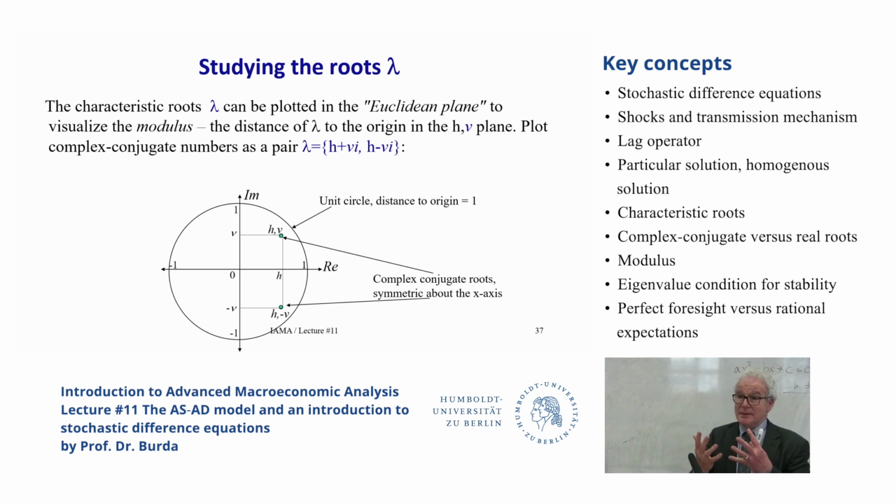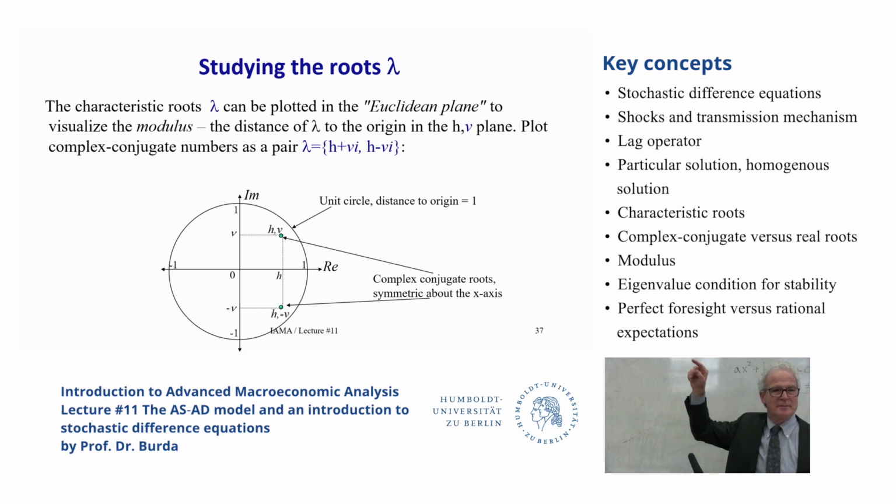Okay? So just allow me to do that. I take the lambda, I tell you they're going to come in pairs because we live in the real world, and the real world has only complex conjugate pairs as solutions to this equation. So one is going to be the reflection of the other around the x-axis. Okay? That's why I say symmetric about the x-axis. Now,